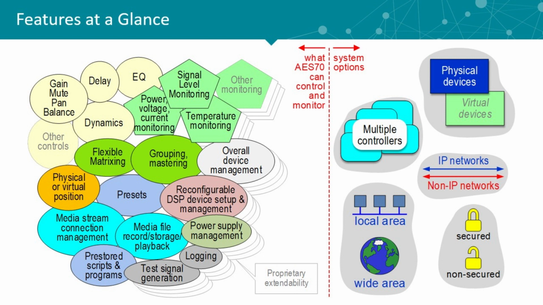All these little things over there are little functions. The round yellow things are simple control functions. The pentagons are monitoring functions. The green stuff is grouping type functions. Some of the gray things are overhead and housekeeping functions, and the cyan things down at the bottom are connection management oriented.